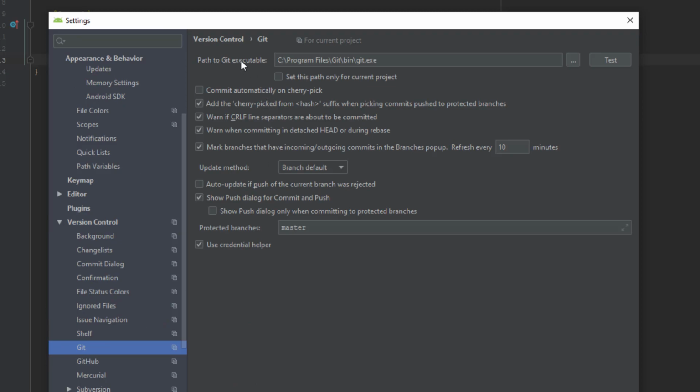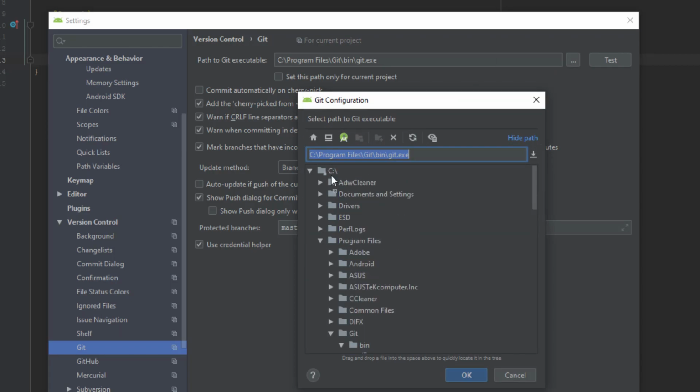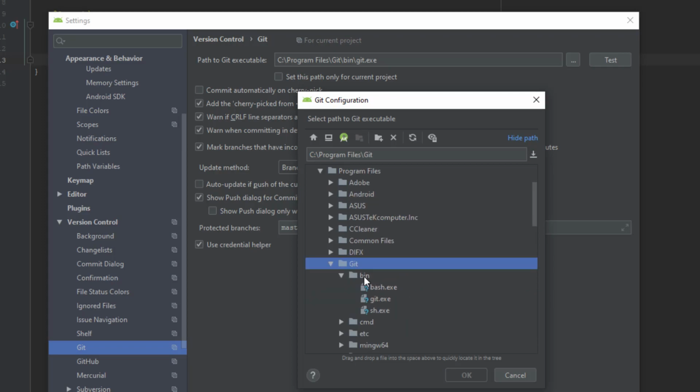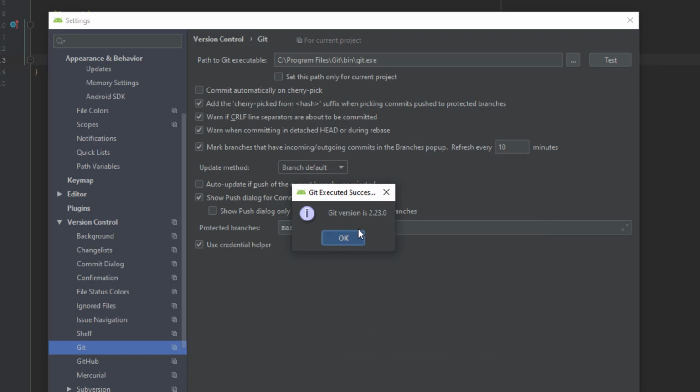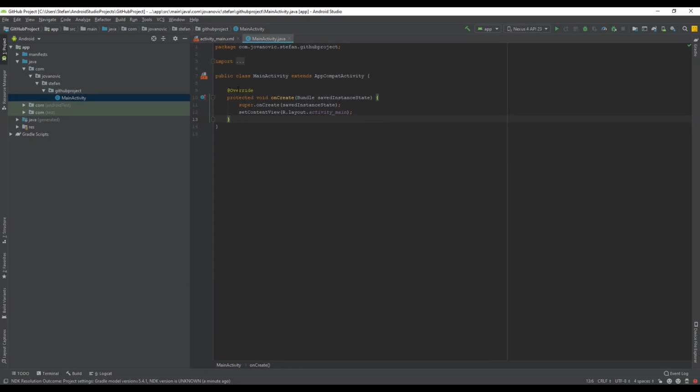So here you have a path to the Git executable. So you just need to choose the path. In my case it's the C partition, Program Files, Git, and inside the bin folder we have a git.exe file. So after that just click Test, and there will be a success message. Okay, now that we have imported our Git into Android Studio,